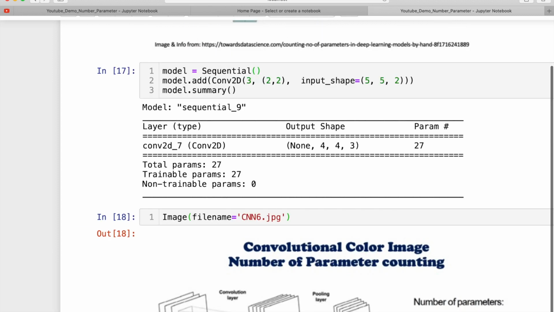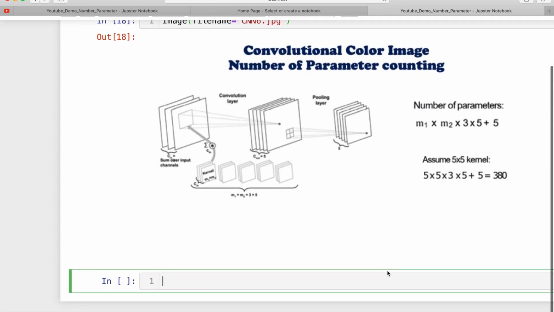Let me take the last example in the convolutional neural network. It's easy. I just want to make your concept clear here. Suppose I have this image, which has 3 channels, and our kernels, and I want the output to be 5 from the kernel. So 5 is the kernel size, 3 is the channel of the input, and I want an output of 5. You have to multiply. Then obviously if I want an output of 5, then 5 is the bias also. So a total of 380 is coming. Let me confirm with our code whether 380 is coming or not.